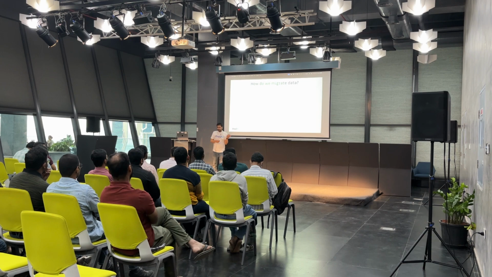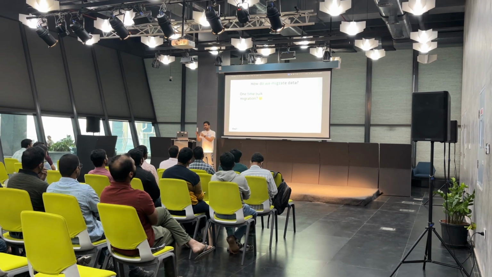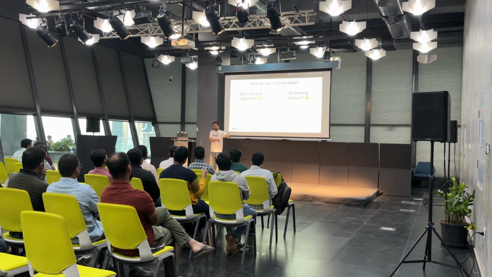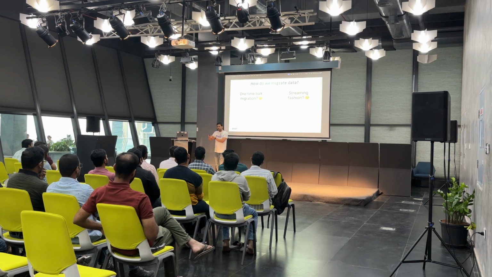Let's talk about migrating data. We are again coming back to migrating data from Mongo to Postgres. How do we do that, right? When we say migration, what do we mean? Do you want a one-time lift and shift, or do you want continuous streaming data? I can't stop my production Mongo database, move all the data and then randomly start using a relational database. I still have to run my production Mongo, right? So I cannot be doing a single one-time migrate. At the same time, I cannot just be doing in-between streaming updates. I kind of need to do both, right?